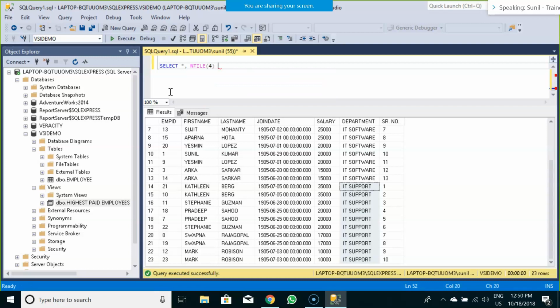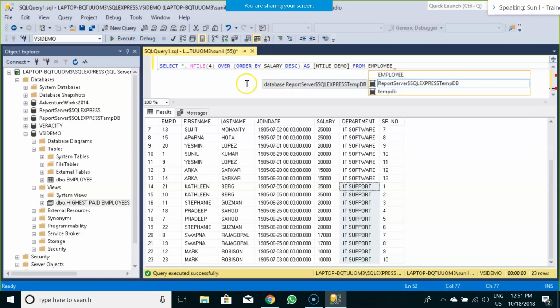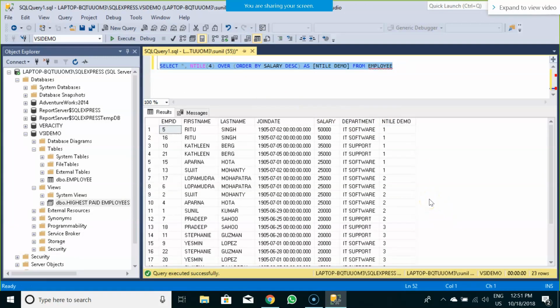Let's say I put this number as 4 over the same thing, order by salary in descending order as NTILE demo. Let me see the column name from employee table. Now this is the result of the NTILE function. Now can anyone explain to me what it did?